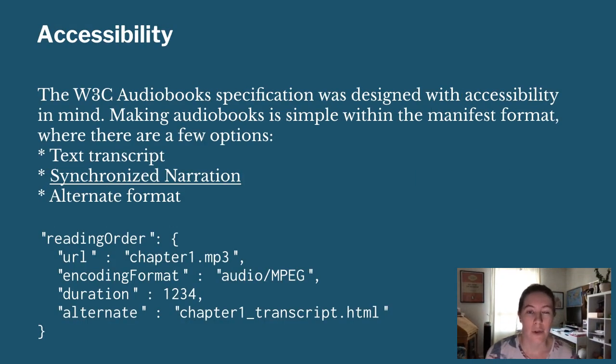One of the key focuses that we had for the audiobook specification was really improving accessibility. Audiobooks have long been considered an accessible by default format, and they are incredibly accessible, and they have allowed a lot of people the opportunity to enjoy content where they might not have before. However, they're not completely accessible,